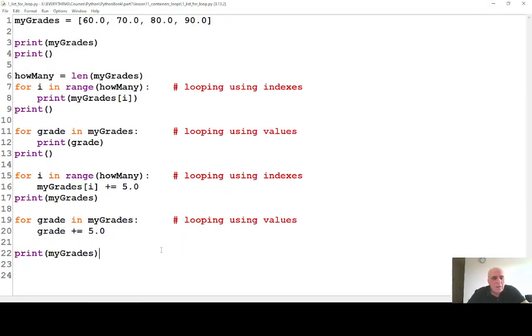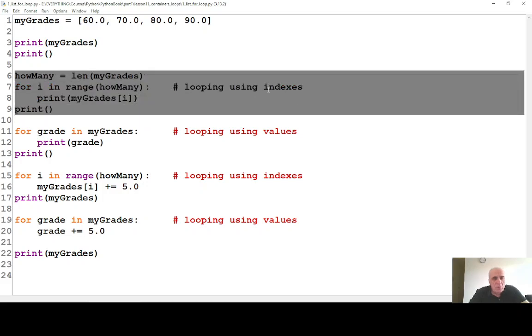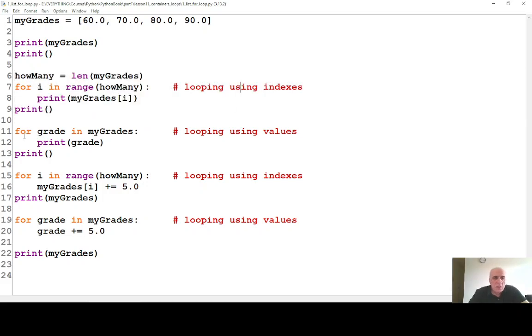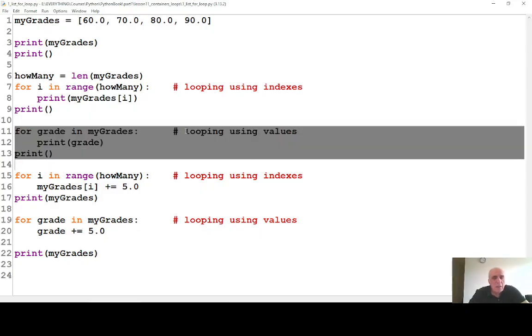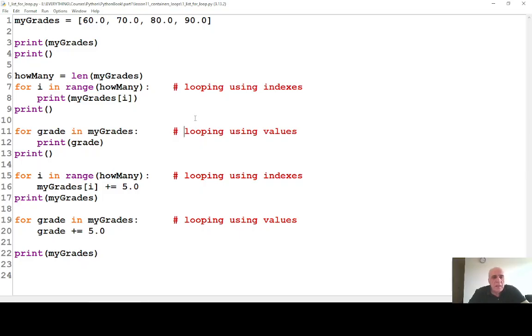So please be careful, use both techniques to process lists. However, be careful. This straightforward approach is more powerful,